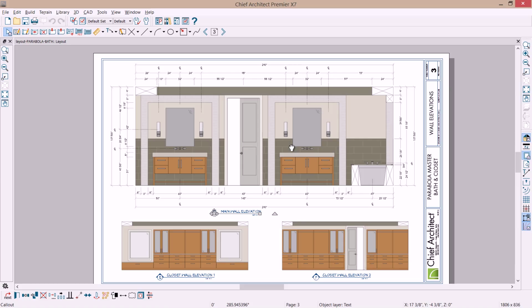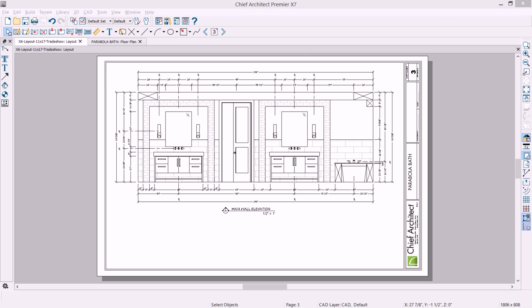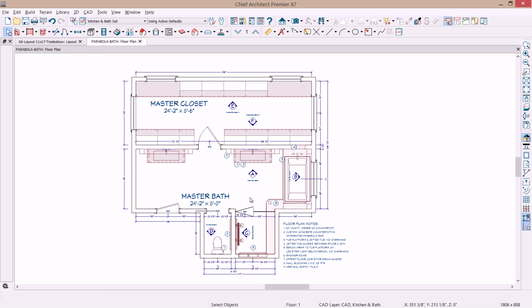Now the disadvantage to using color is I can't double click on that and open up the plan. If I move any of those objects, if I move that cabinet over, it will not update automatically. So remember, this is just a static image. So the way that I do that, I've already sent this elevation out at the 1/2 inch scale. And back in the floor plan, if you open up that elevation camera,